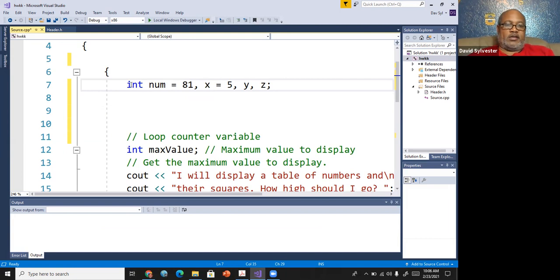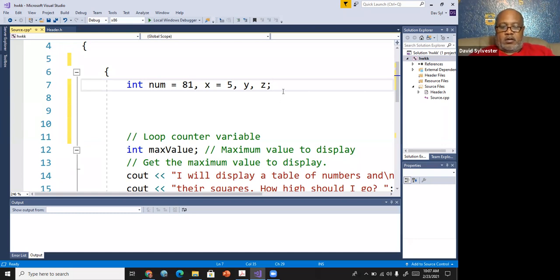It is being initialized because we're introducing it at the same time to be of int, but we're giving it the value of 81. X is being initialized. We're introducing it to be of int, and we're giving it a value of 5. But if we look here, y is only being declared. There's no value given to it when it's first introduced. The z is only being declared because there's no value given to it when it's first introduced. So you see the difference between initializing and declaring.